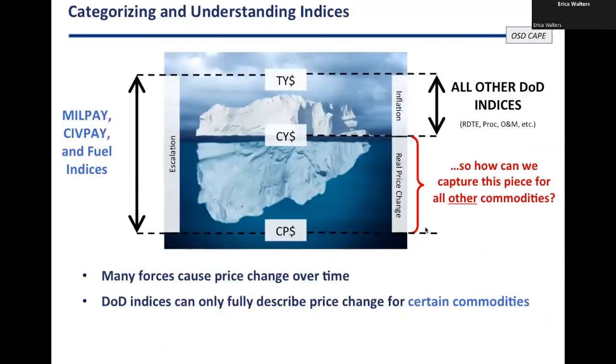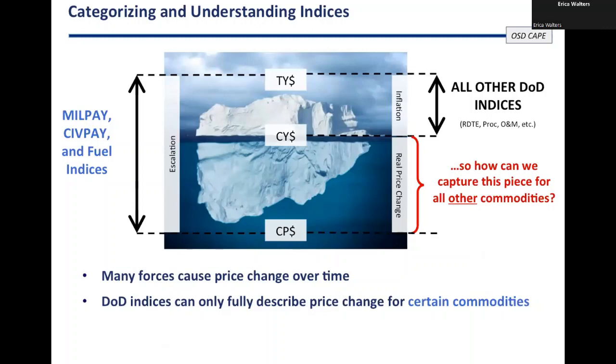Okay, so I'm going to go back to my iceberg chart. So OSD actually doesn't publish those indices at all. It's the services that do that. So we're talking about the joint inflation calculator and the inflation function from NAVAIR and AFCA. So it has actually been a pet peeve of mine that all of those do what you just said in the question. So if you look at those tools, you'll see a massive table of raw indices and a massive